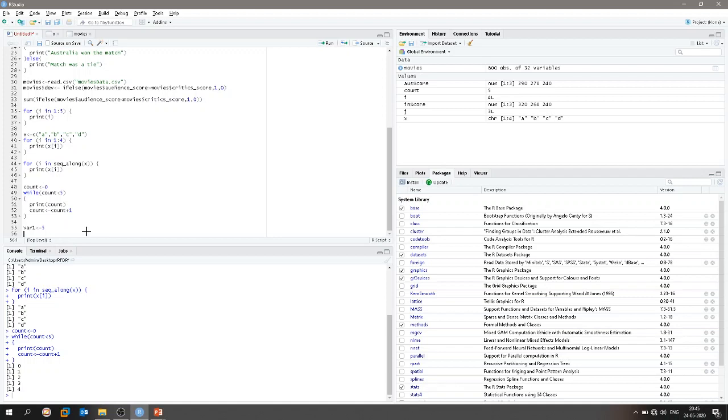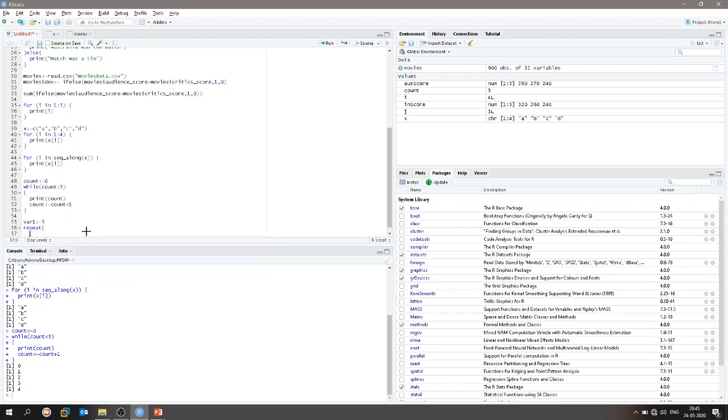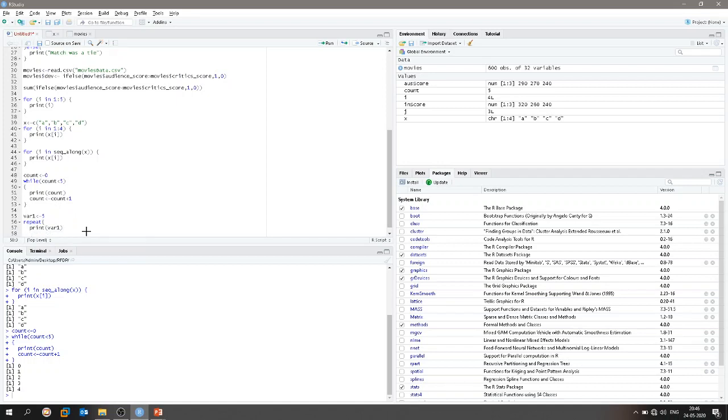Inside repeat, print the value of variable 1, then increment the variable 1's value by 1, sorry, it should be variable 1 plus 1,